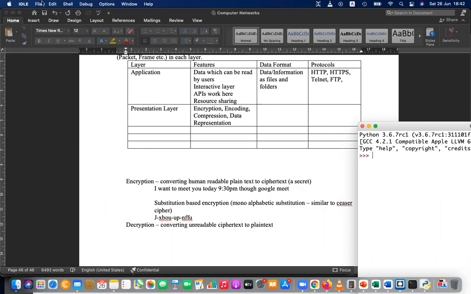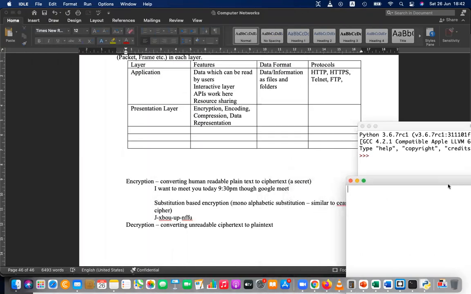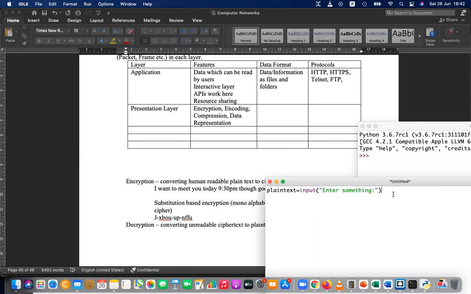Okay, let's say you have a file, and this file is, let's say, the message, plain text. So let's say plain text equals input, enter something. You're getting something from the user. Then you can say, for character